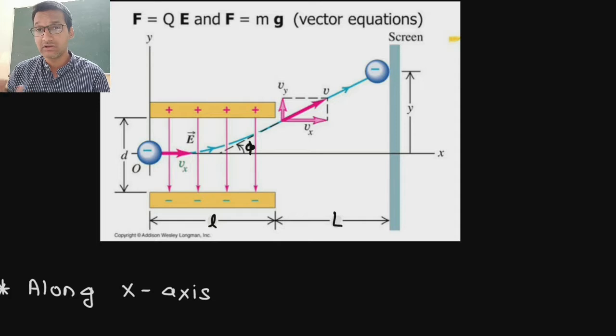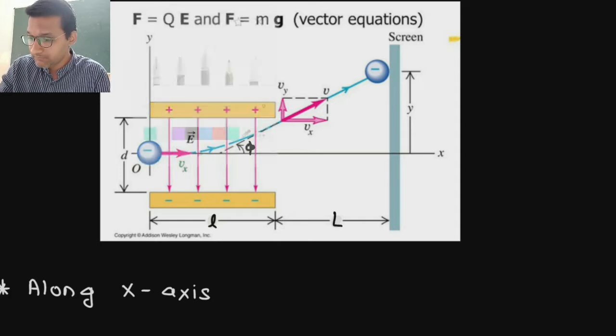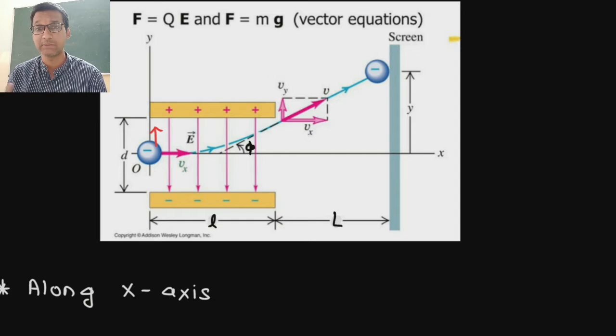Once it enters, there will be a force in upward direction. The electric force will be in upward direction, that is perpendicular to the direction of motion. The charged particle will start moving upwards, and because it has horizontal velocity also, it will move forwards. So it will be moving forwards and upwards,